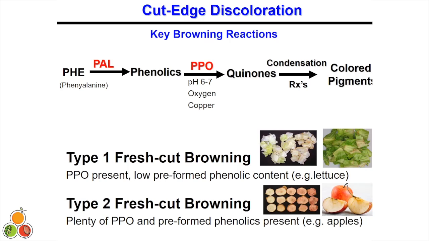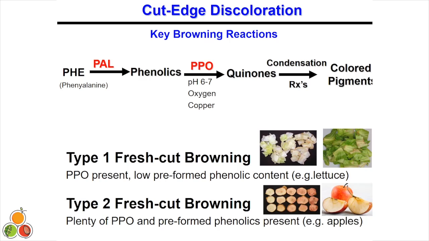Well, that type of browning takes days, okay? So that's why sometimes we can cut lettuce and evaluate it after 4 or 5 days at, say, 36 degrees Fahrenheit, and we don't see browning, because that process we're starting very early on, and it takes days for those brown pigments to form. Then we have the other type of browning where here we have plenty of the polyphenol